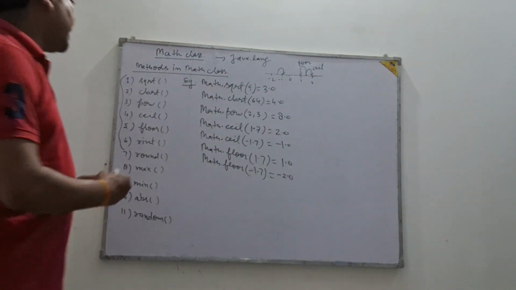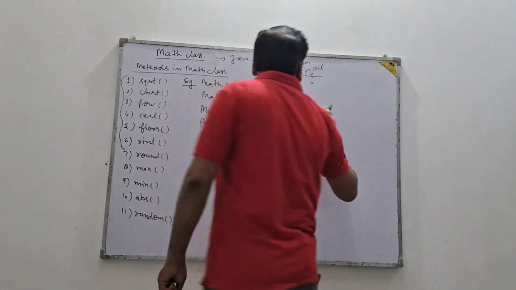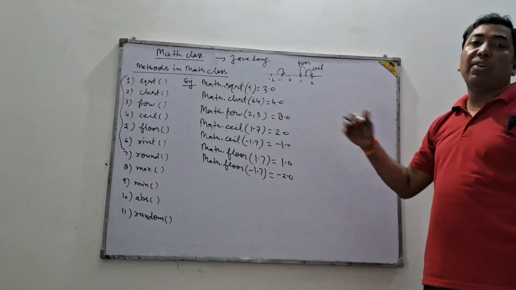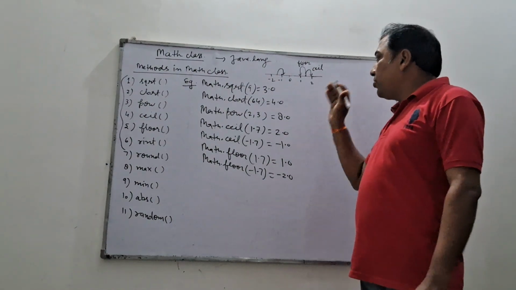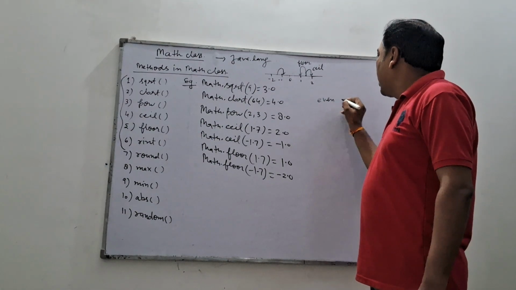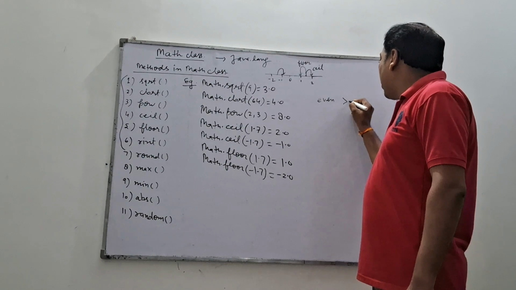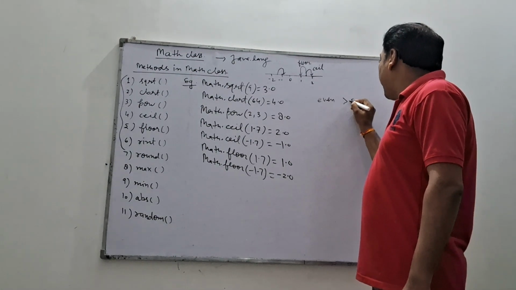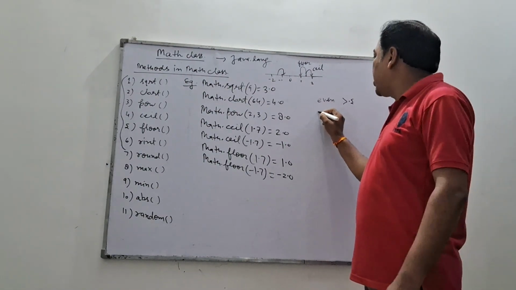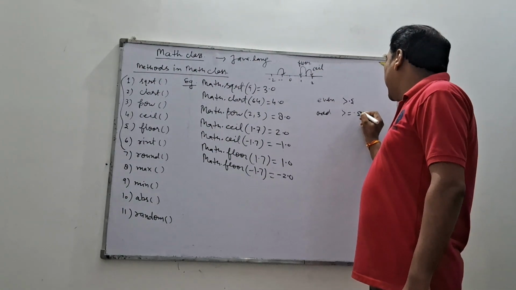Now the next function is rint. The rint function works according to whether the value before the decimal point is even or odd. If the value before the decimal point is even, then if the value after the decimal point is greater than 0.5, it will go to the next number. But if the number before the decimal point is odd, then if it is greater than or equal to 0.5, it will